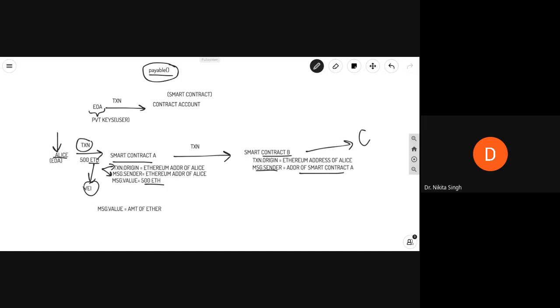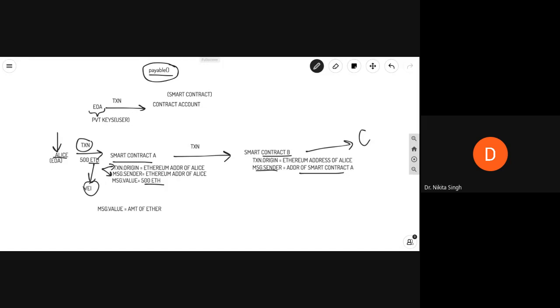Now, we want to create a smart contract that allows you to send some Ether from one account to another, and for that you will have to use a payable keyword. So let us write the smart contract and then we'll see how that functions.